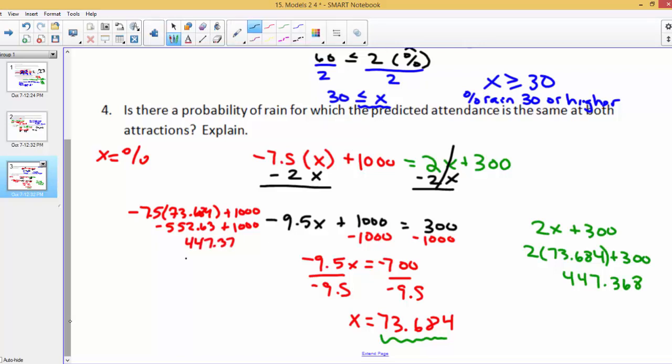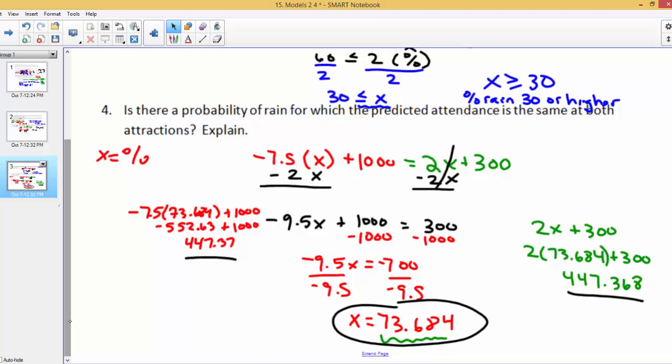So check that out. Same number. So that has to be correct. So you know you've done this right. That's the point that they cross if you were to graph both of these, which we're going to get to soon. So if you wanted to try to graph them, you could make a table of each,